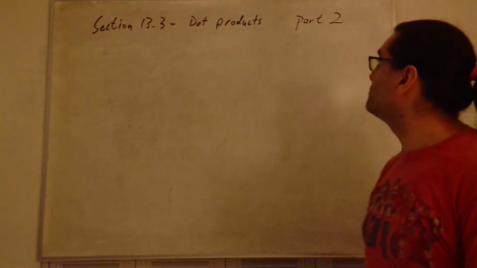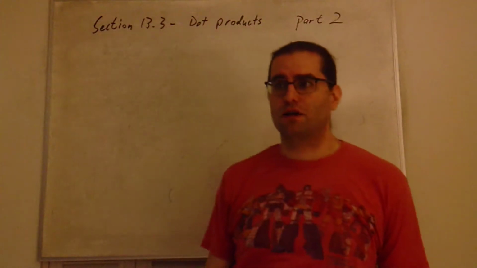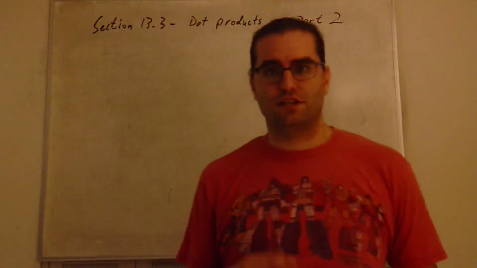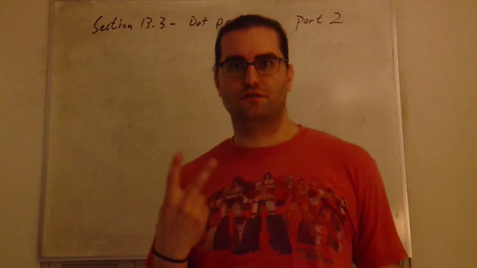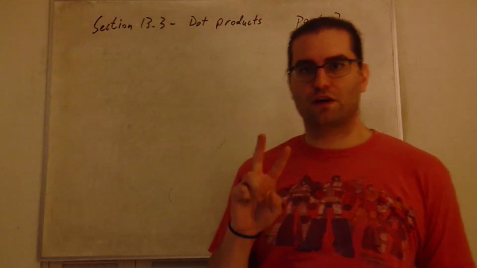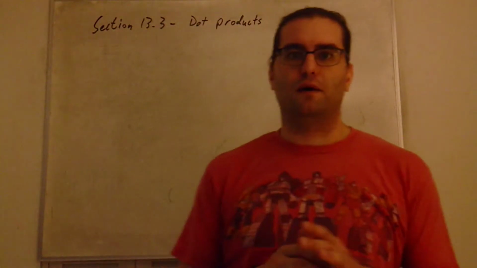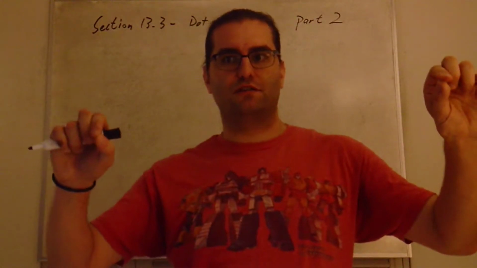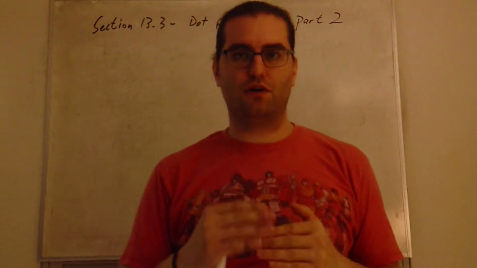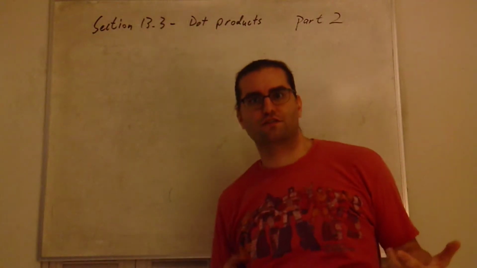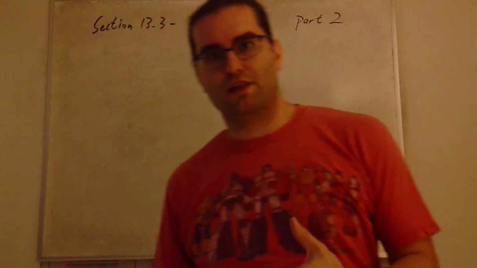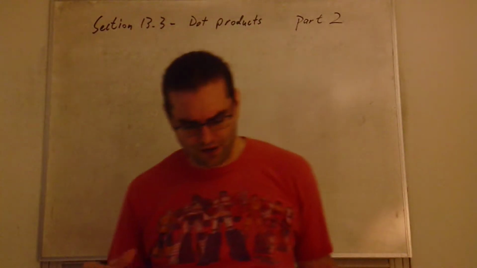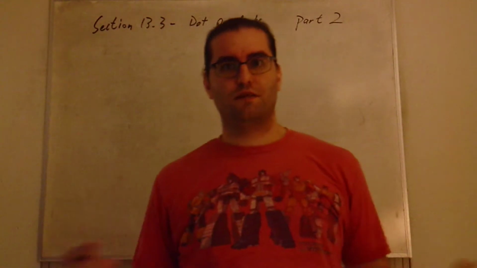We are now getting into part 2 of our videos on dot products. In the last video, we had established that dot products are a metric of the same directionness of two vectors that sometimes gets muddled up by the magnitude of those vectors. Two vectors that point in the same direction but are bigger will give you bigger dot products than those same two vectors that are smaller. So the magnitude of the vectors contributes to a dot product, but if you use unit vectors exclusively, you take away the influence that the magnitude has, and you're left with just a way to measure same directionness for two